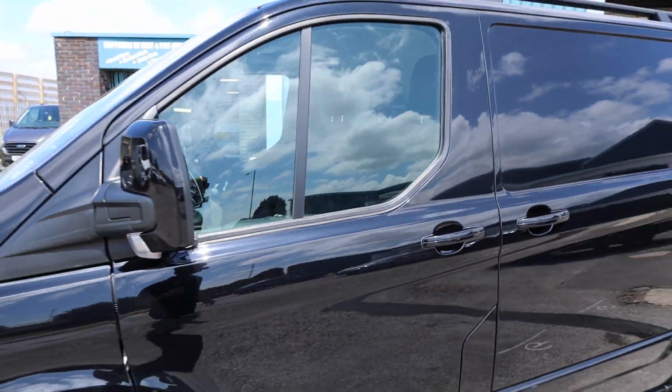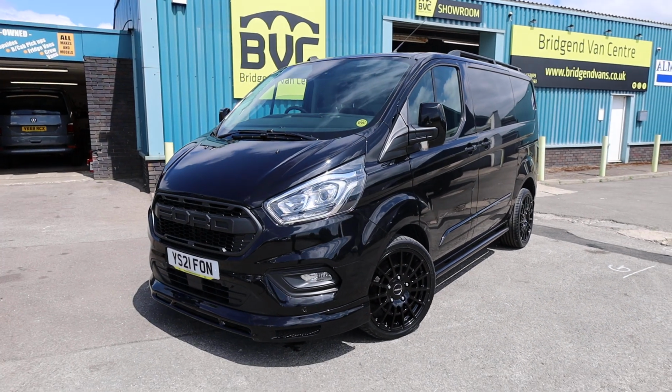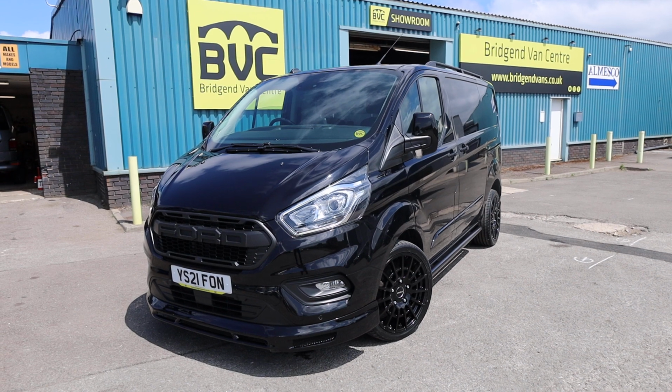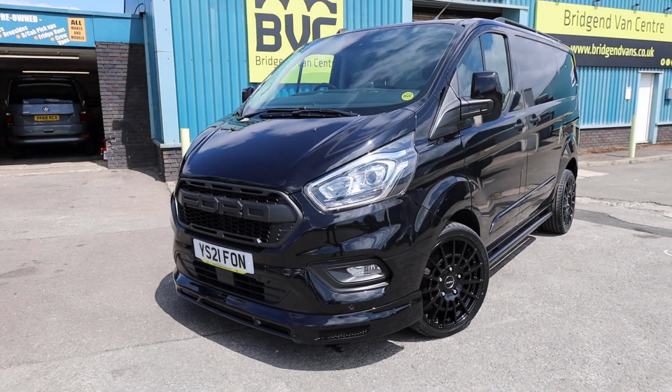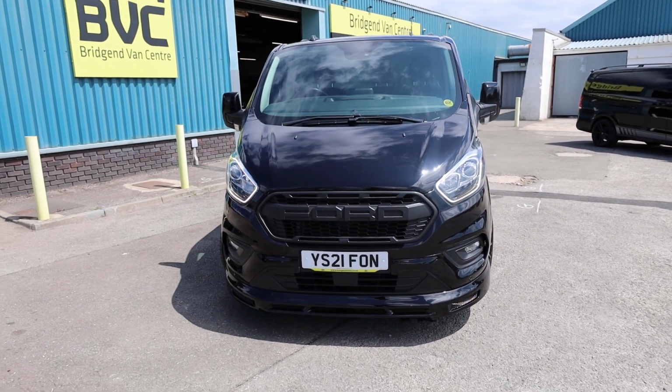So just to summarise then, this is an April 2021, 21 plate Ford Transit Custom Limited. It's the 280 model, so 2.8 tonnes gross vehicle weight. It's got that 2 litre EcoBlue diesel engine producing 130 PS, roughly 130 horsepower, and a 6-speed manual gearbox, being registered in